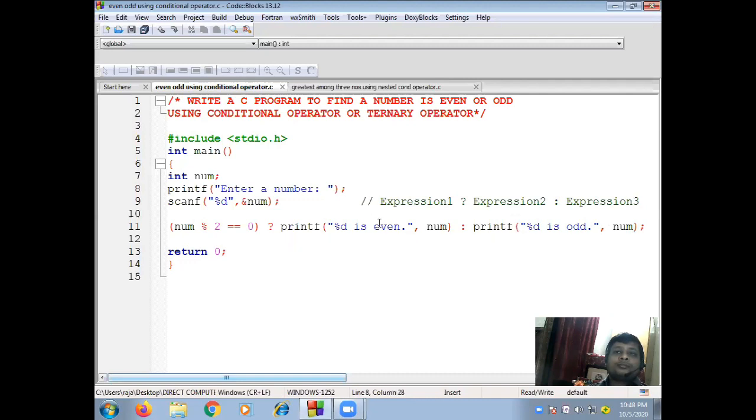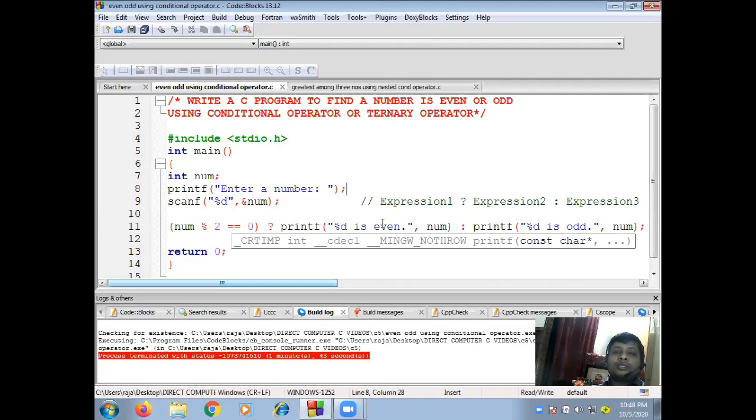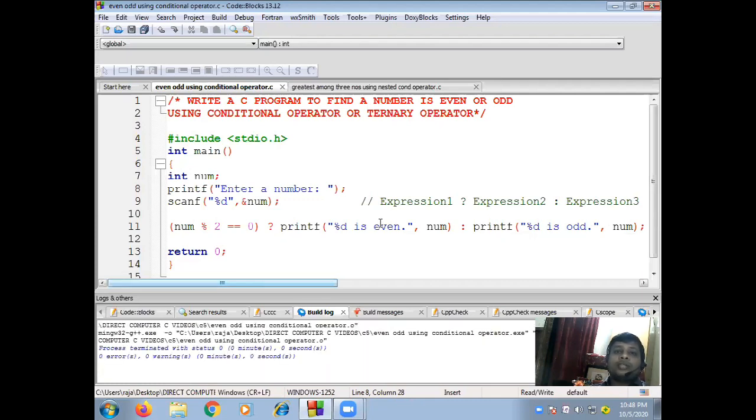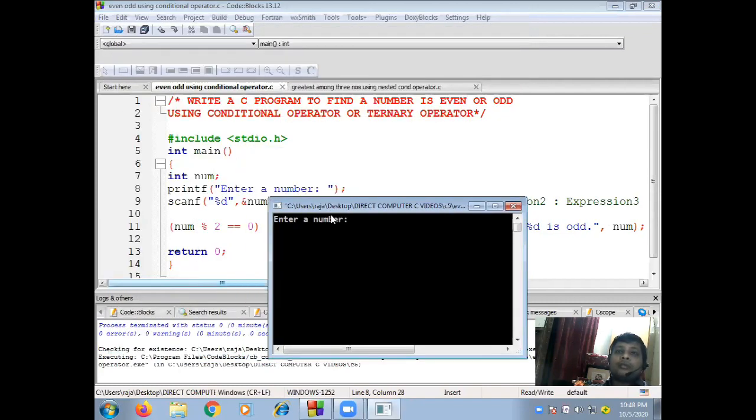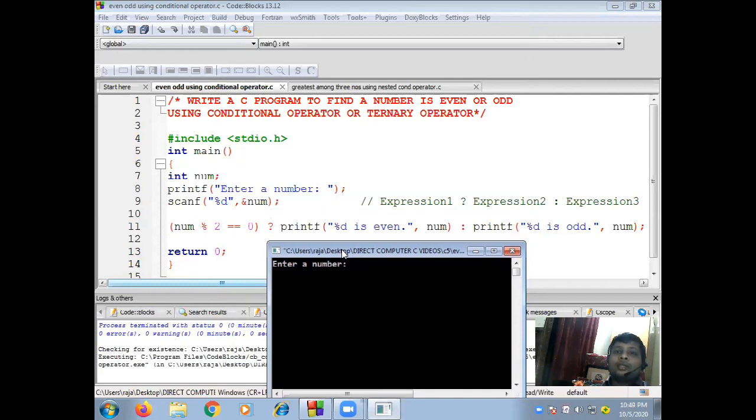Now see, I'm running this program. You can see first compile, there is no error. Go for run. You can see it is asking enter a number. Suppose I'm inputting 12. Clear?